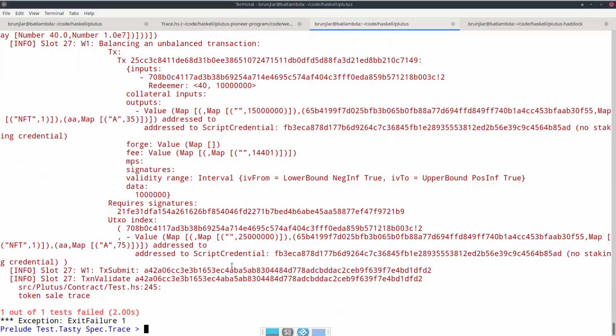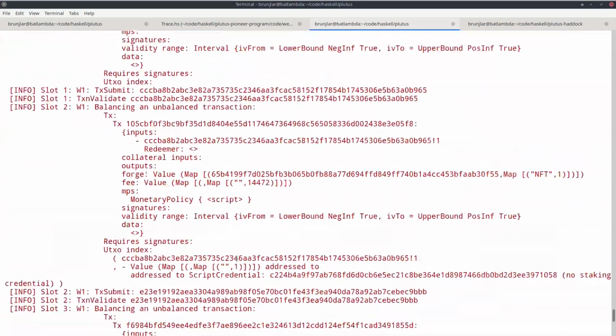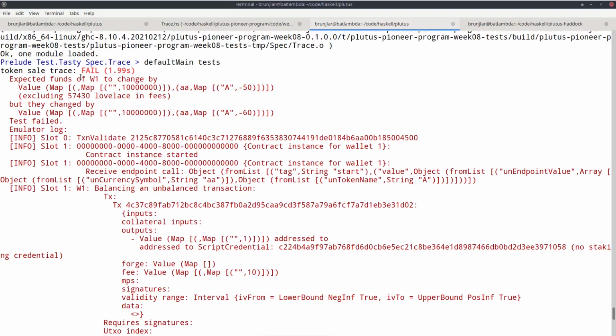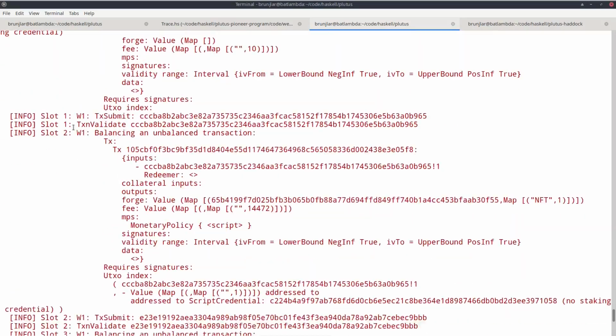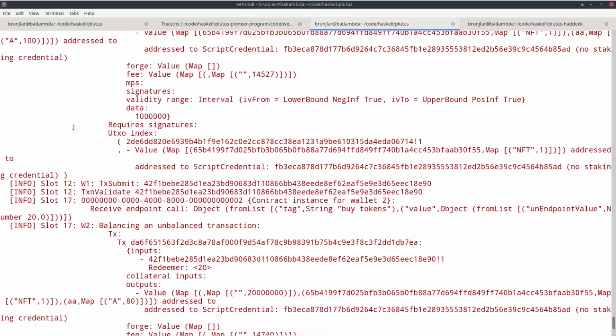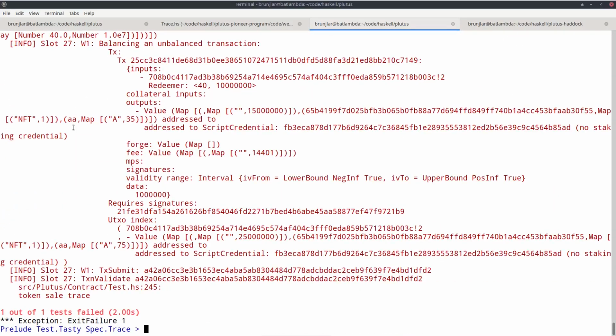And now we see we get a failure, and it gives us a nice error message. It says what it expected. The funds should change by -50, but in actual fact they changed by -60. And we also get an emulator log that we didn't see before when the test passed.